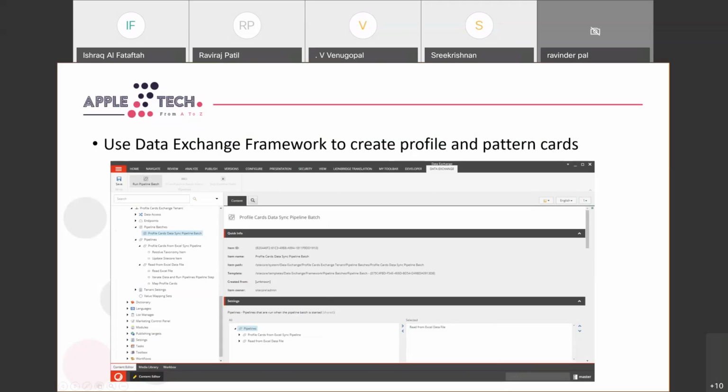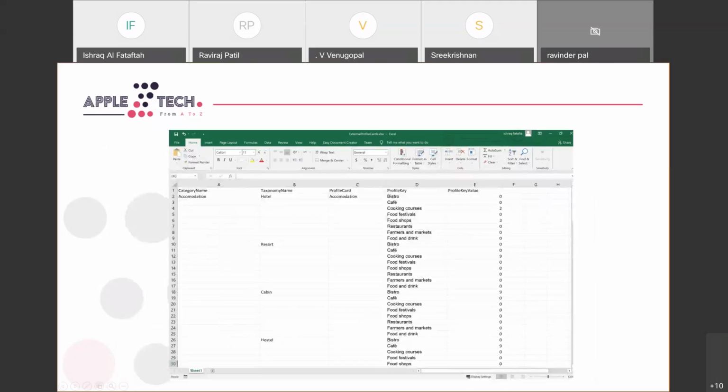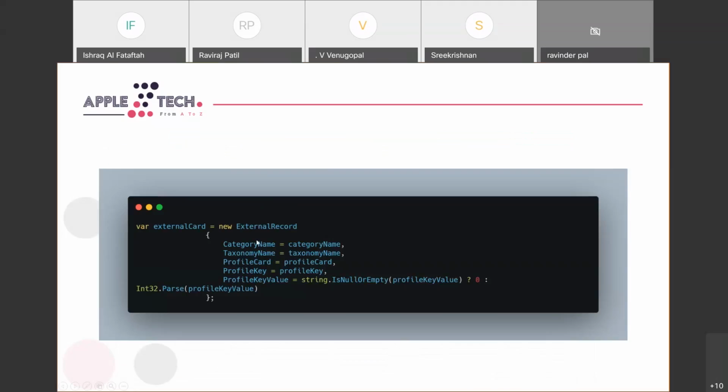If it's not, then go ahead and build it. So it could be as simple as you create this record, and this is just a one-to-one mapping of my Excel sheet. I just built a model that can take all of this information, like the category, the taxonomy, the profile cards and keys,